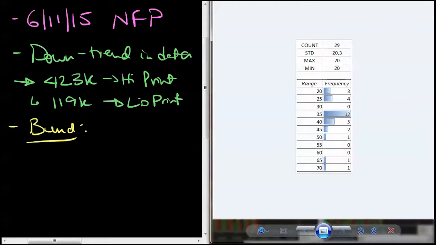I've got this little chart here from this guy that I follow on Twitter, who trades the Bund. He's at F69, and he's come up with this small little chart on the day, just showing the frequency of how big of a range you get after the non-farm payroll. So you can see a range of 20 ticks, let's say, after the figures come out, has a frequency of 3 times. Then it's basically in increments of 5. At 25 we've got 4 times, 30 no times,